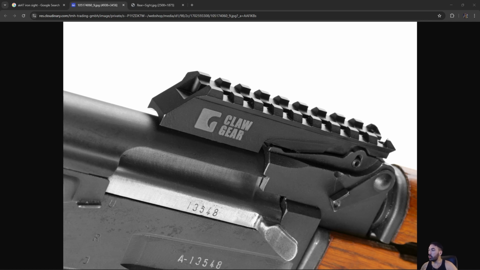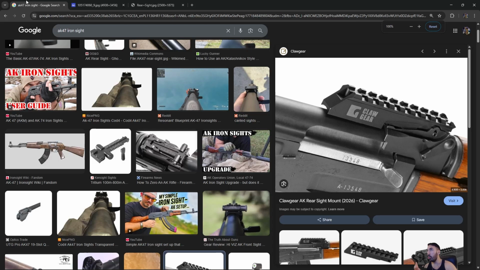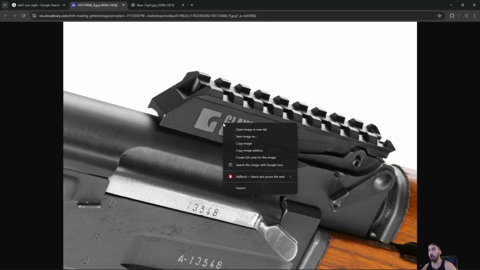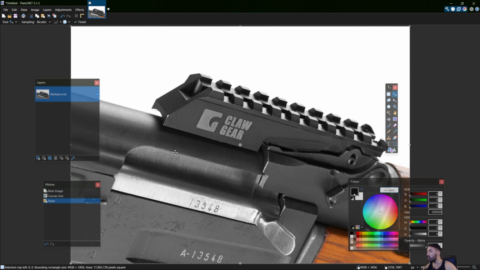The very first thing I like to do before I do any 3D modeling is creating a little sketch of my geometry. So for example, I got this picture right here of the AK-47 iron sight. I just pulled this off of Google Images, AK-47 iron sight. This is a high resolution image that I opened in a new tab. I'm going to copy that image and then I paste it into Paint.NET, or you can use any other paint